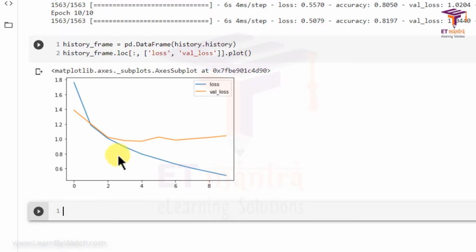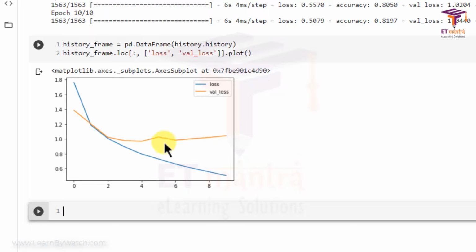So you can see the blue line, which is the training loss, is continuously decreasing, but the validation loss, or the loss on the test dataset, decreased after some time, but then it became almost constant. So you know that as the gap between the validation loss and the training loss increases, the model tends to be overfitting.